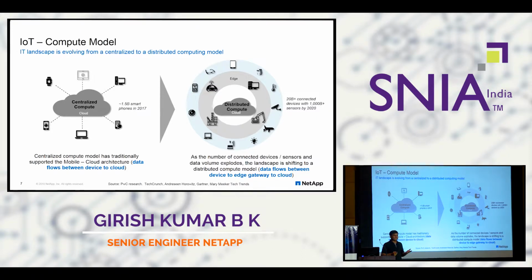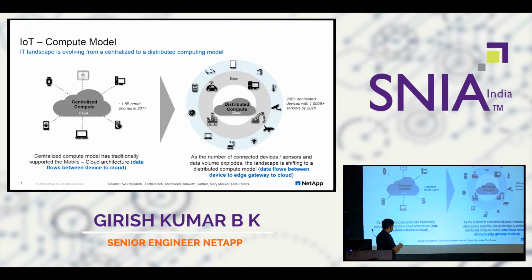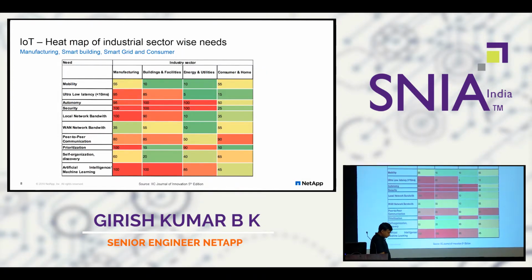But the key highlight here is that the compute is moving towards the place where the data is getting generated, and there are some reasons for that. Now, having said this, what I'll be talking about in the next few slides is why the IoT architecture is the way it is today, and what the driving factors are. There are some industrial needs, there are some technological constraints, and if you relax those constraints, the architecture will look totally different. That's the talk in the next few slides.